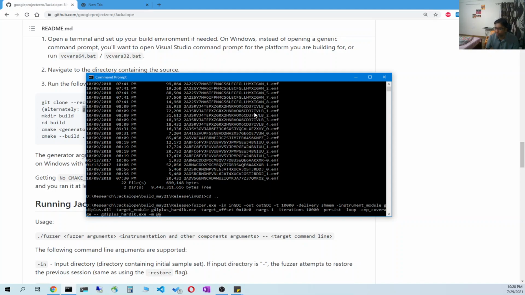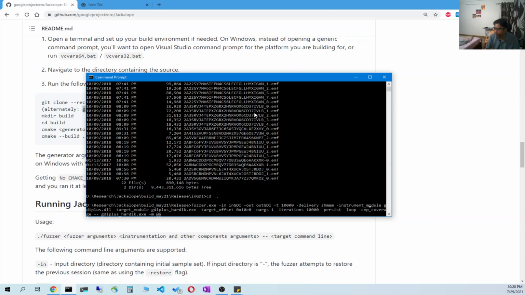It will show the state of the program and all the crashes and hangs which it found. And -t is the timeout. I'm using 10,000. And -delivery, this can be either shared memory or file, depending upon how you want to fuzz it. I would suggest using shared memory mode whenever possible because it's very fast and it will avoid all the disk IO operations.